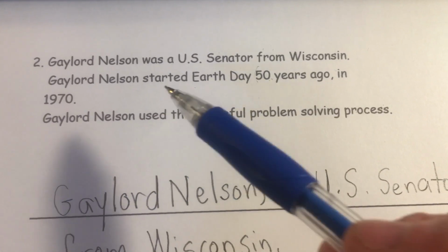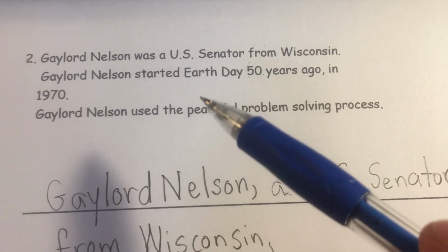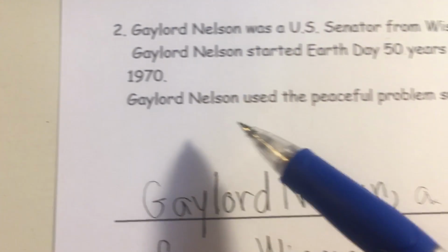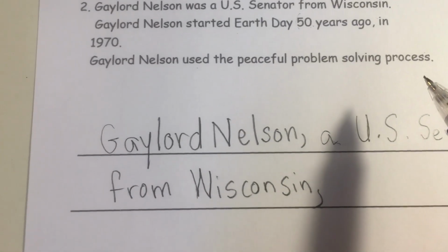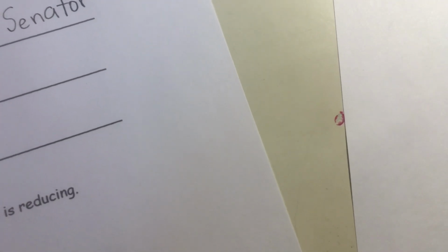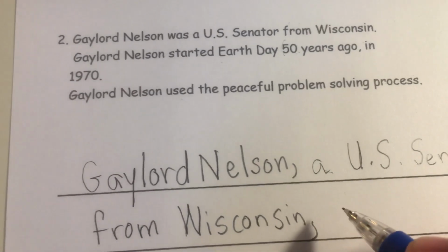Or you could say, started Earth Day 50 years ago because he used the peaceful problem-solving process. Or you could say, started Earth Day 50 years ago, while using the peaceful problem-solving process. Or you could say, after using the peaceful problem-solving process. So why don't we go with while? So we could say started Earth Day,